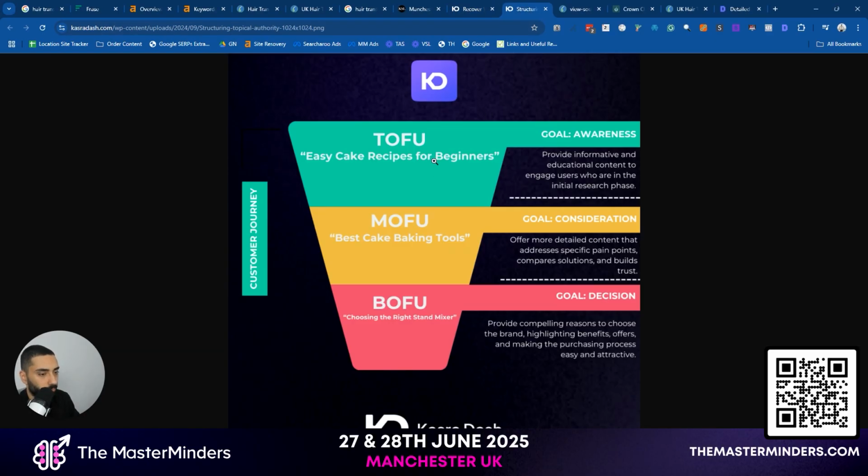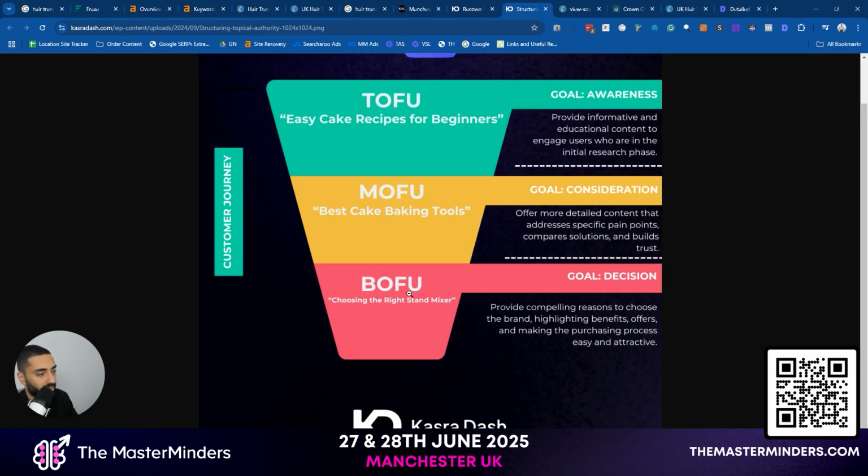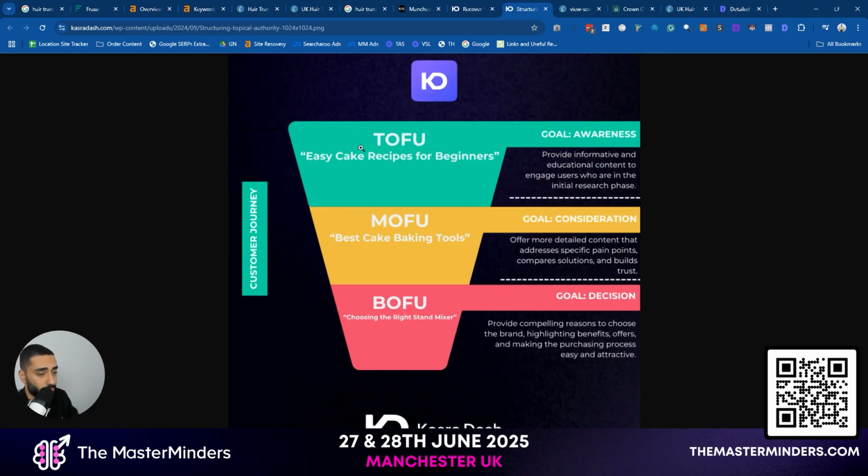So if you think of the stages that your customer base is at and where they are when they're searching for certain things. This is for a bakery store, right? Not everybody is choosing the right stand mixer. Some people might be searching for best cake baking tools, for example. Some other people might be searching for just easy cake recipes for beginners. What you want to be doing is making certain that your website and your blog content is